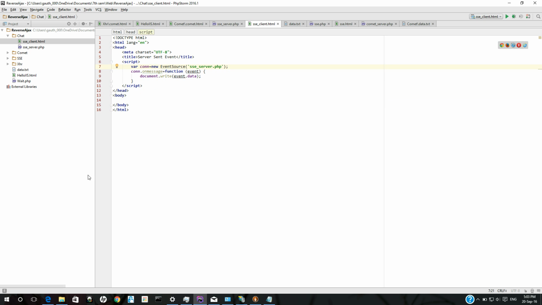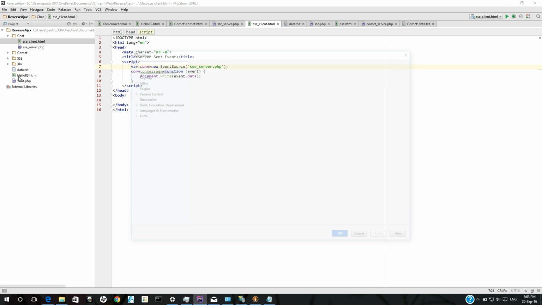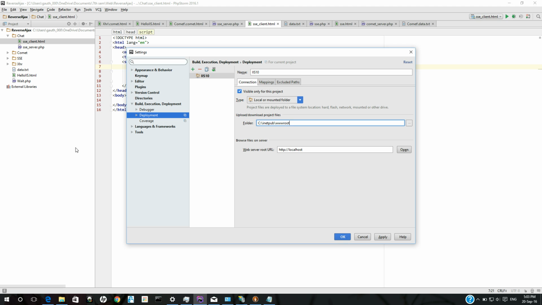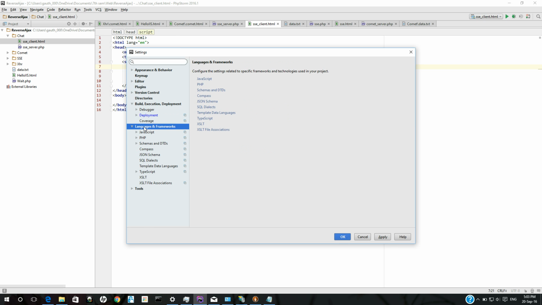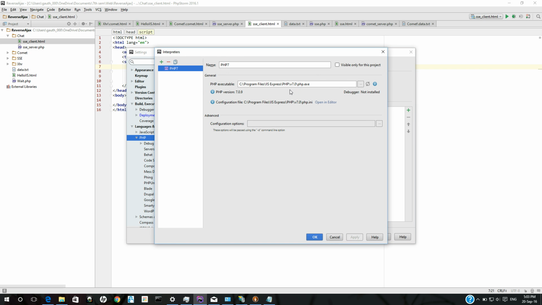In order to tell PHPStorm to communicate with the IIS, you need to do a few things. First you need to go to settings, and first you need to tell PHPStorm to look for the PHP interpreter, which you can do by going to languages and frameworks, PHP, and looking at the interpreter,